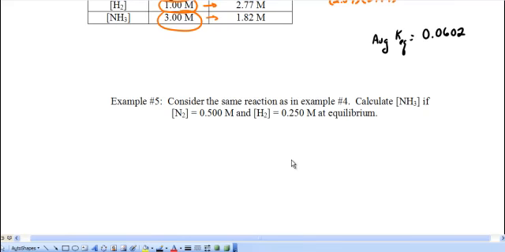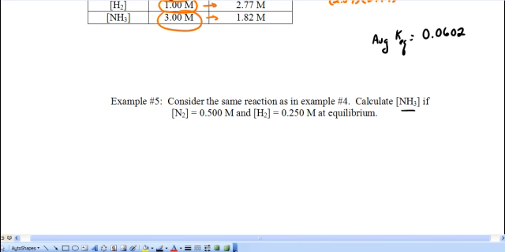And we're back and better than ever in 18-2, where we are now going to use our KEQ, our equilibrium constant, to determine an unknown concentration. So let's look at example number 5. Consider the same reaction as in example number 4, and that was the Haber process where you're taking nitrogen and hydrogen to form ammonia. Calculate the ammonia concentration if the nitrogen is 0.5 molar and the hydrogen is 0.25 molar